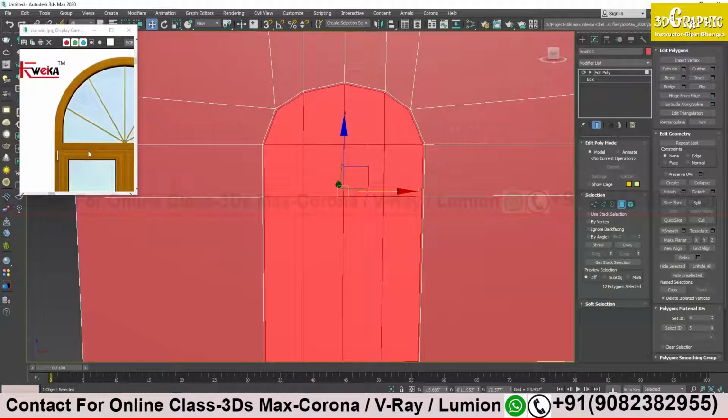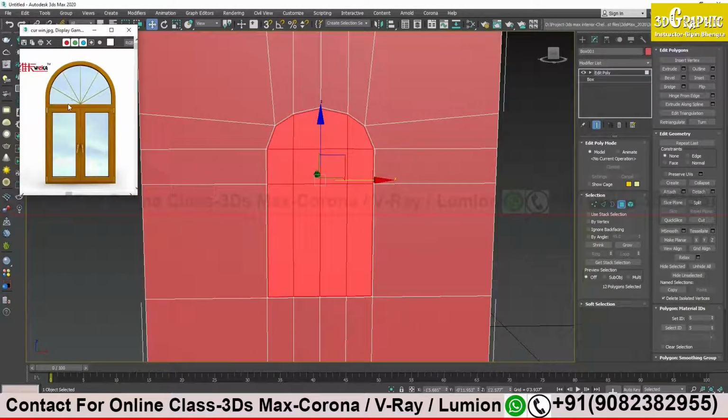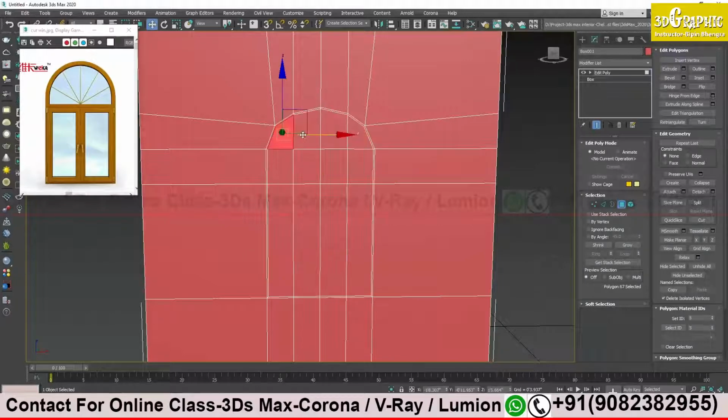Inside I will create one more edge, because I have a bounding, this area is limited till over here, you see the glass over here, the blue one. So I have to define this area separately and the lower area separately. So I have to select this area separately like this, this should be separate from the lower portion, so I only have to select this one.